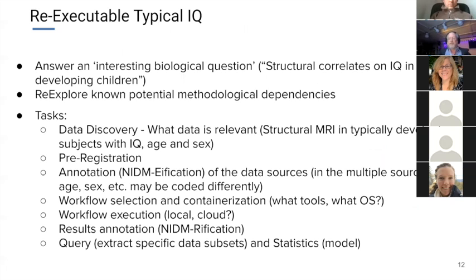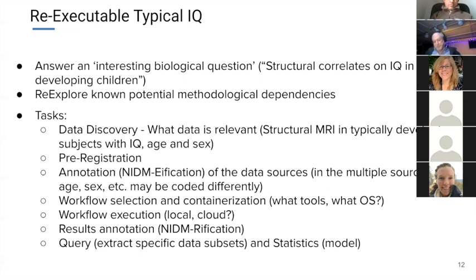So we have these structural correlates of IQ in typically developing children hypotheses. We'd like to explore these observations and also look at some of the known methodological dependencies that we know about. Different data matters, different software matters, different operating systems can matter. So we want to be able to do this observation in a way that lets us explore those dependencies in